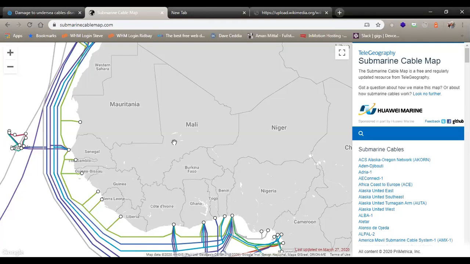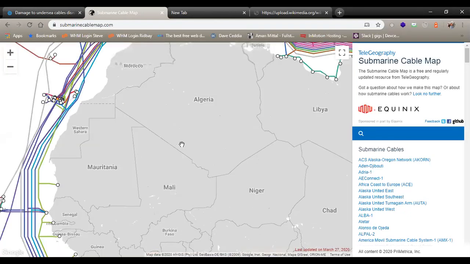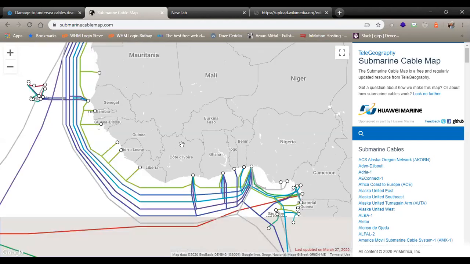And MTN is over here, somewhere in Lagos. Then through cable, it connects all the way down to, let's say, somewhere in Portugal. So if you want to send from Nigeria,